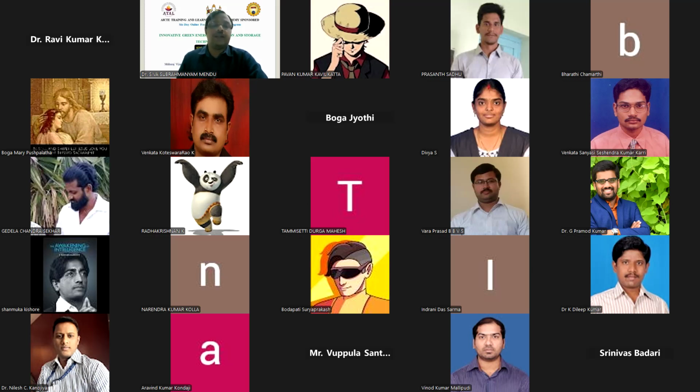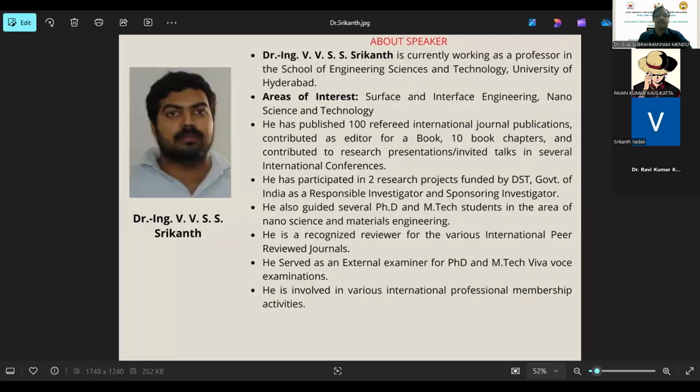Now, this session will be led by Dr. Sarvottam Jyoti, Associate Professor, NIT Calicut. I encourage everyone to participate actively, interact with experts, and share your thoughts during the sessions. Let's begin with our first session. Please join me in welcoming Professor Srikanth, who will share his thoughts and insights on energy storage materials. We are truly honored to have him with us today to share his expertise in this important field.